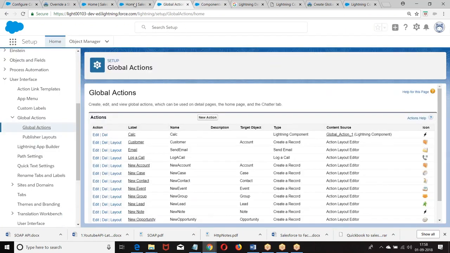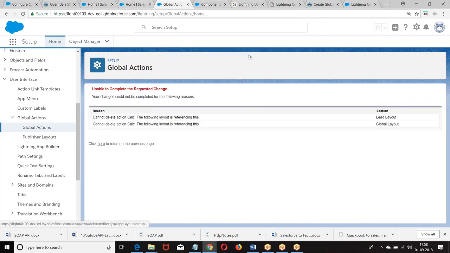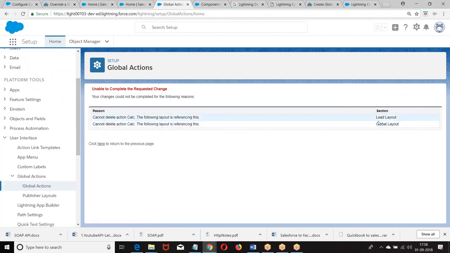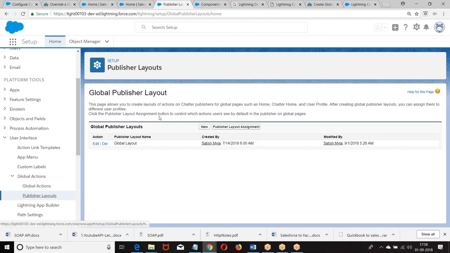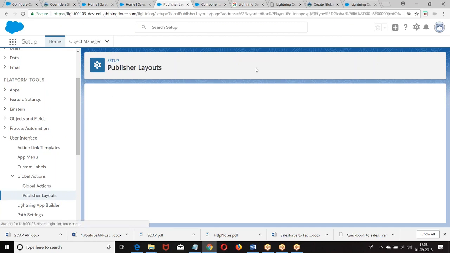So what I'm doing, go back here. Now why is it giving an error message? Because it is already added to the global actions. I need to remove the action which is already there from the global actions. If you want to delete it, remove from the global actions, edit.